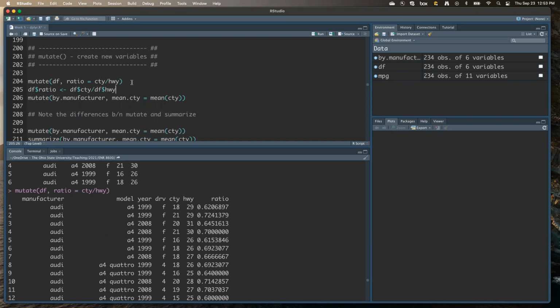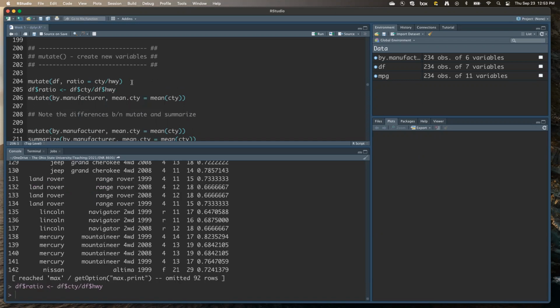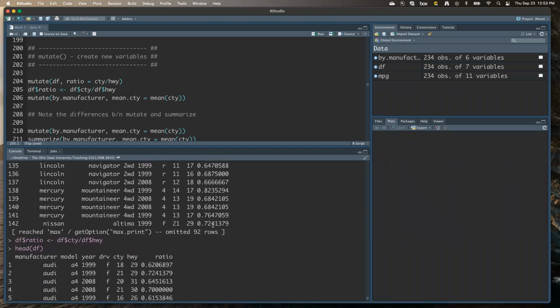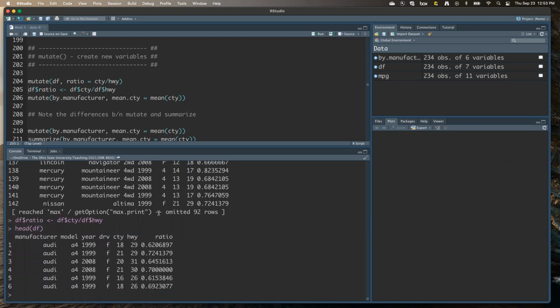And when we do that, it does the same thing that Mutate just did. But the true power of Mutate and Summarize is when we have this